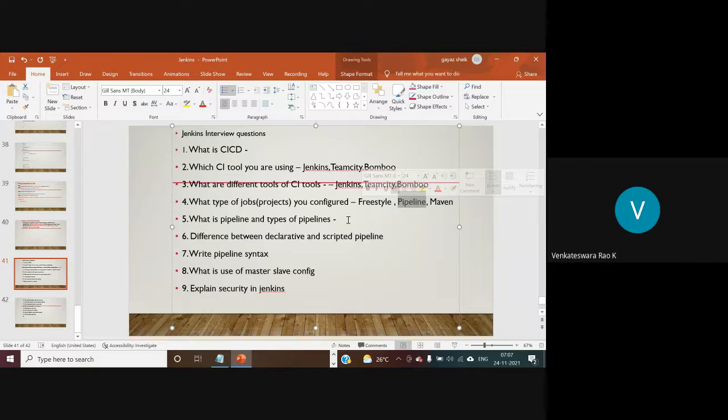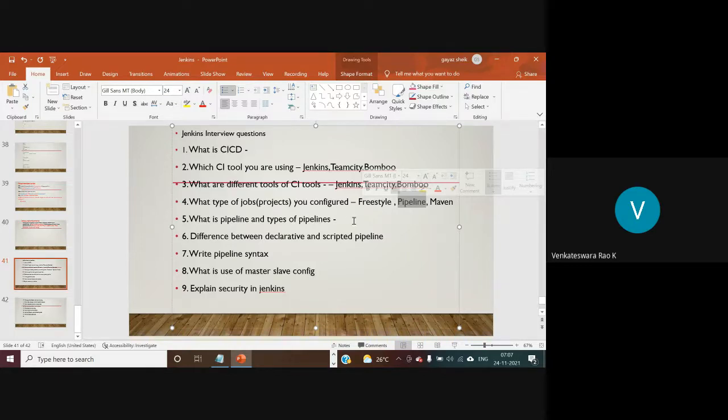Another type of automation is, if you configure builds automatically with scheduling techniques, then it is going to provide full automation for our pipeline project. The pipeline project is having more functionalities, more advantages compared to a freestyle project.